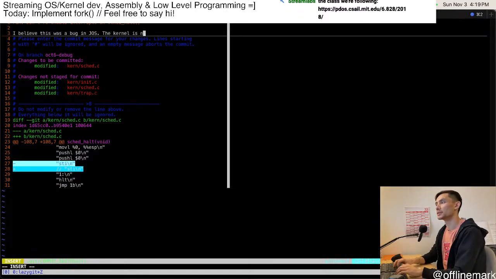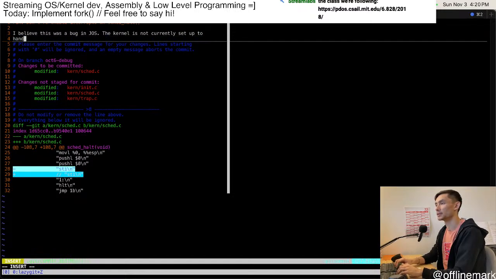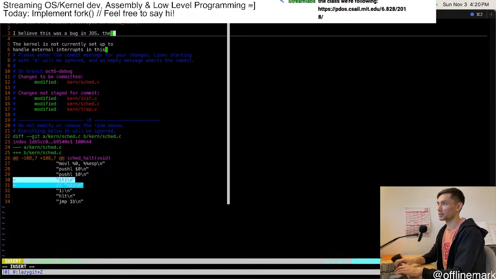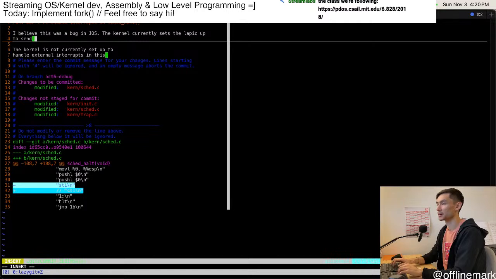The kernel is not currently set up to handle external interrupts. Or maybe this is a bug in JOS. The kernel currently sets the LAPIC up to send timer interrupts, but we don't